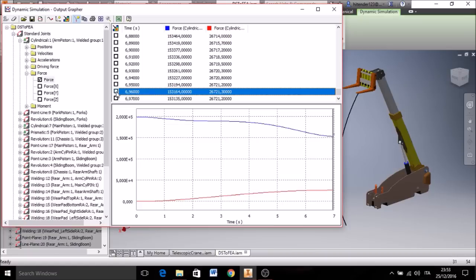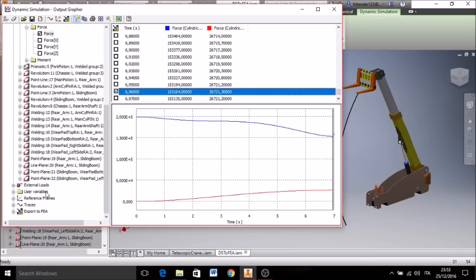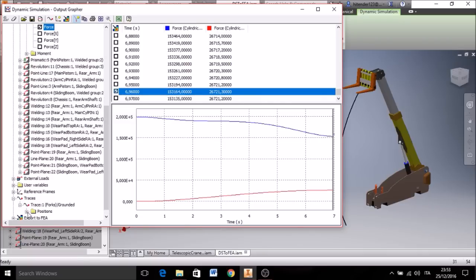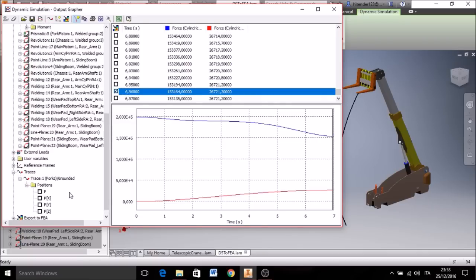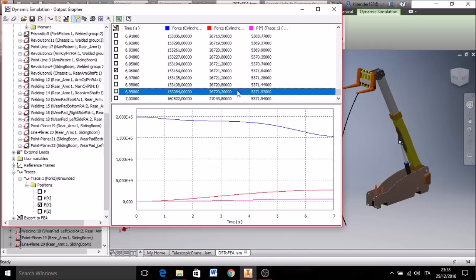So I will select this time step also. Okay, now one more thing, the trace I had added, I want to know the maximum height to which this machine can lift the load, and it is in the vertical direction. That is, I will select EY for that, and I want to see the maximum value, and the maximum value is 5371 millimeters,